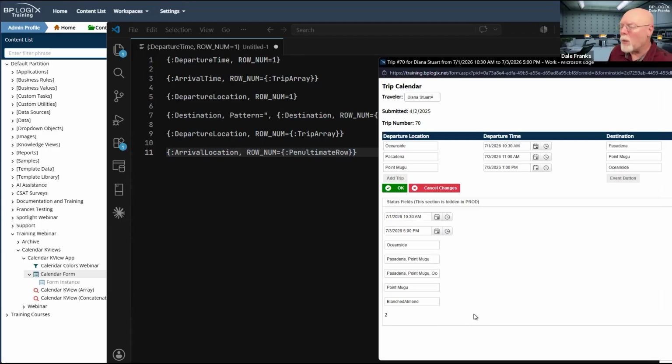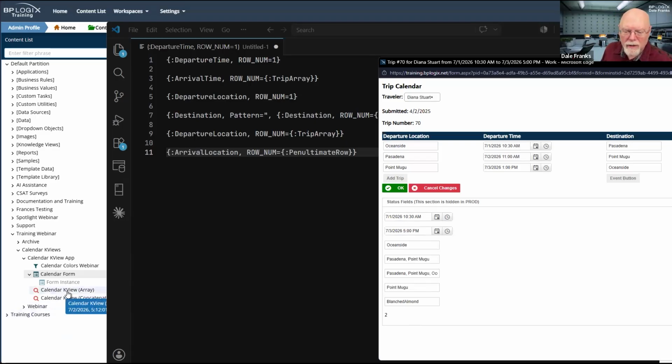So this is the way that I would do it in a production environment if I was building an application like a travel request form or a travel reimbursement form in this case. Obviously, if you're not using an array, none of this is necessary, so you wouldn't need it. But if you are going to be using an array for your calendar scheduling, it's a good idea to have these fields here.